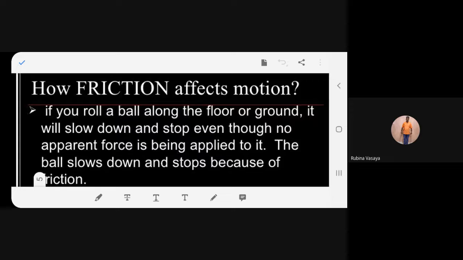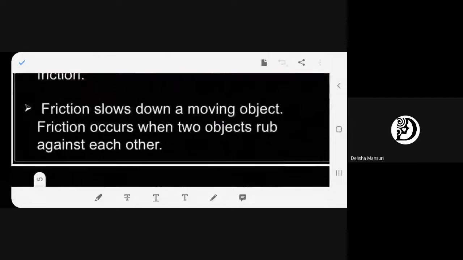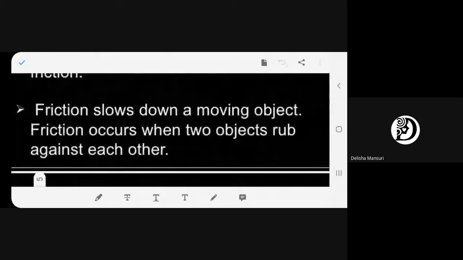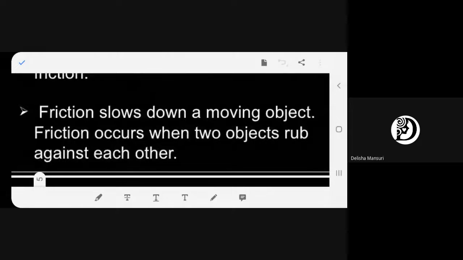Understood? So this force is unseen. You cannot see that force. Can you see the friction force? No, ma'am. So that force is called friction force. Okay, now please read this one. Friction slows down a moving object. Friction occurs when two objects rub